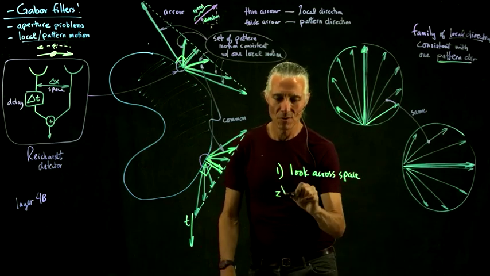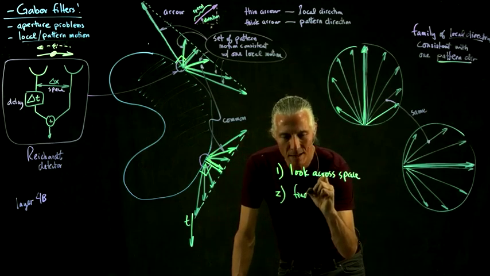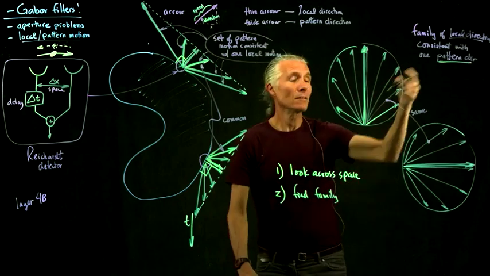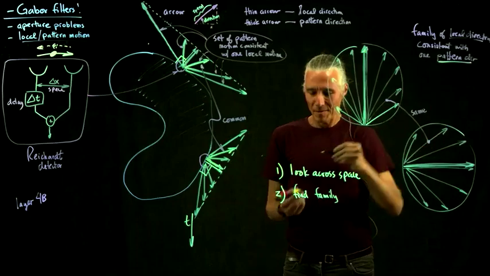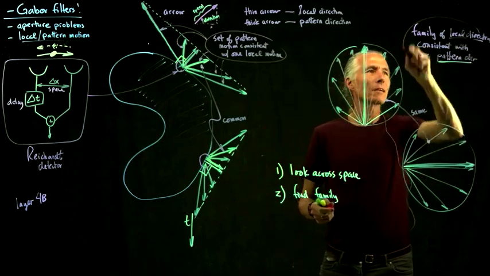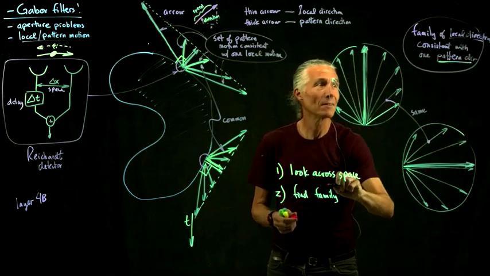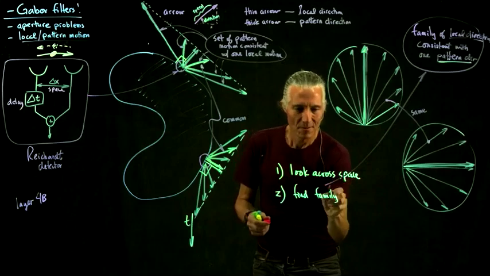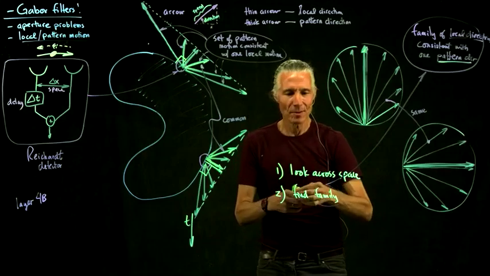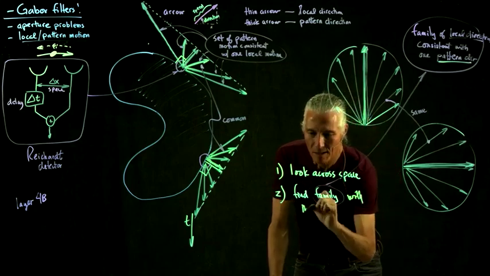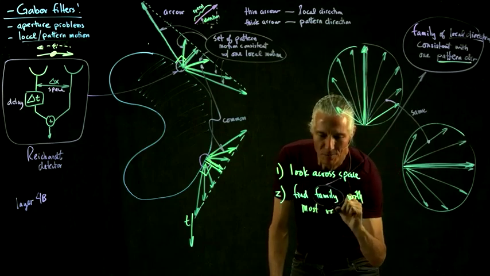And then two, find the family of local directions consistent with one pattern direction. So find that kind of family. Find the family with the most votes. Most votes. And what does that mean? That just means, like,